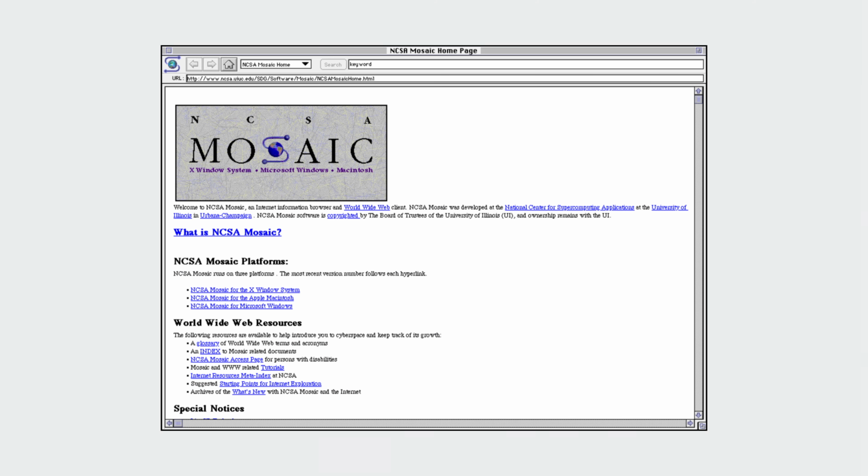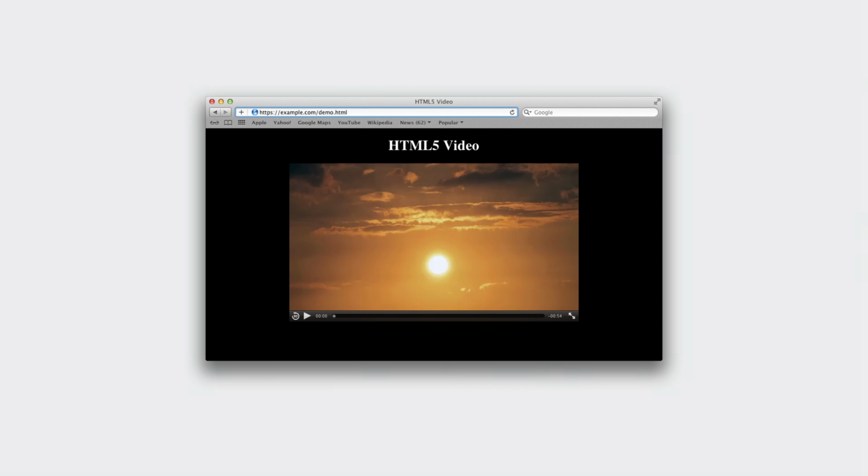In the early days of the web, video was not commonly used on websites due to technical limitations. Websites were primarily made up of text and static images. In the early 2000s, browser plugins like Flash and QuickTime emerged as a popular way to add video to websites. And in 2010, HTML5 was introduced, which made it possible to embed video directly into web pages without the need for those plugins. This made it easier to add video to websites and also allowed for greater flexibility and control over how video content was displayed and played. And WebKit was at the forefront of this revolution.